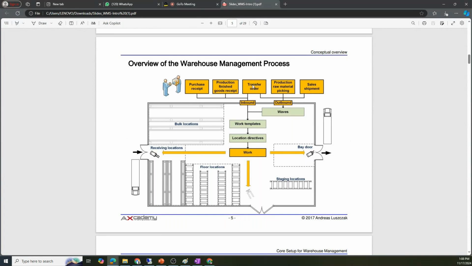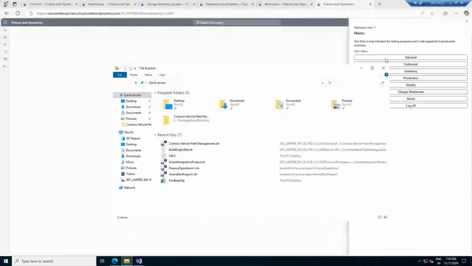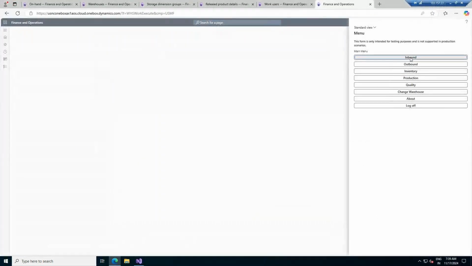Transfer can come in or out also. For one warehouse it will be out, for another warehouse it will be in. So that's why it is considered both in the inbound and the outbound process. So the inbound consists of purchase. If you go over here and click on the inbound process,